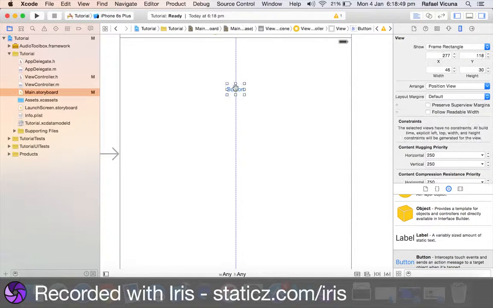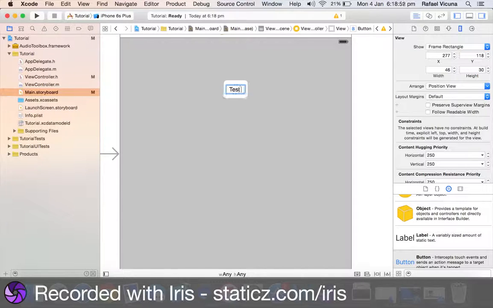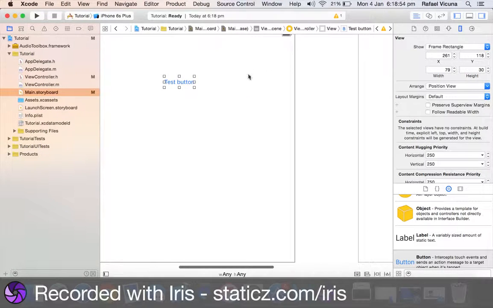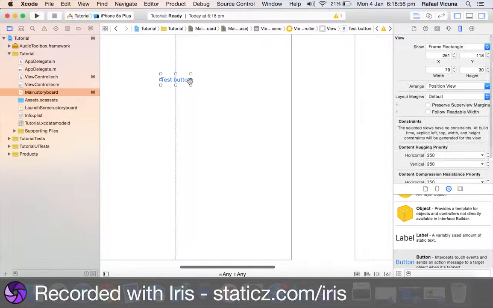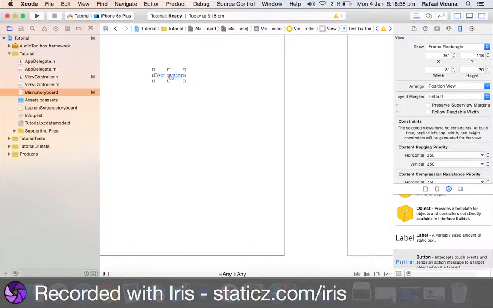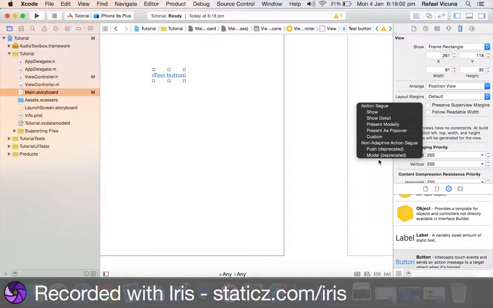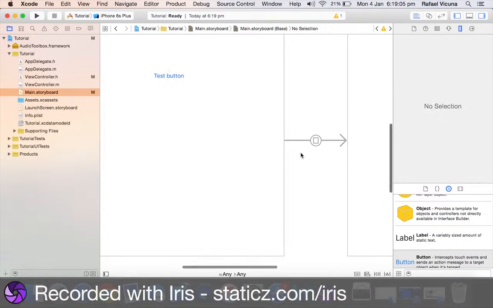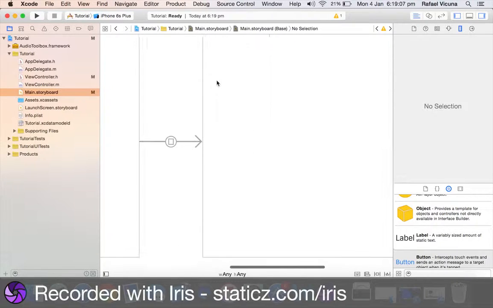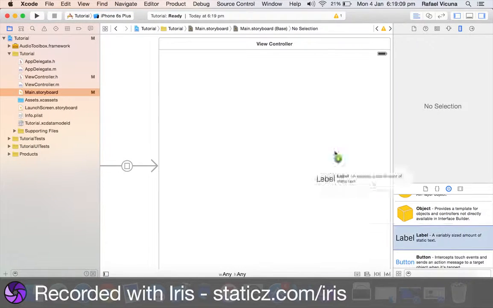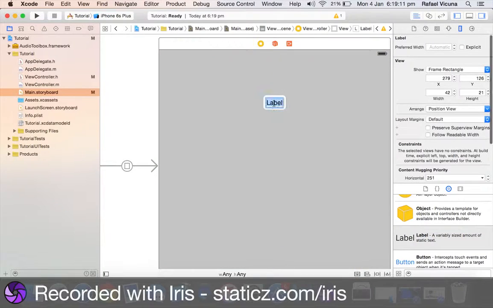and we're gonna do a test button. Now to do that, you have to control click or right click and drag it to the second view and select modal. So let me test. I'll test it as we go on. So if we put hello world on this,